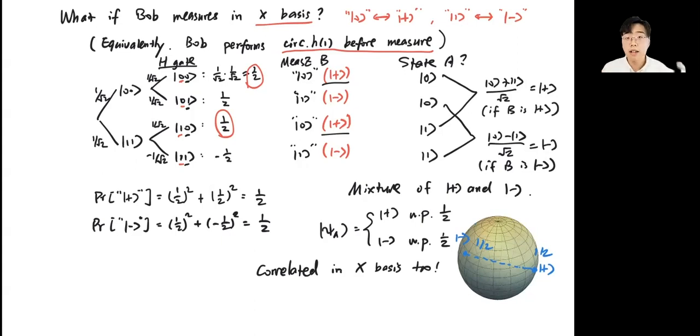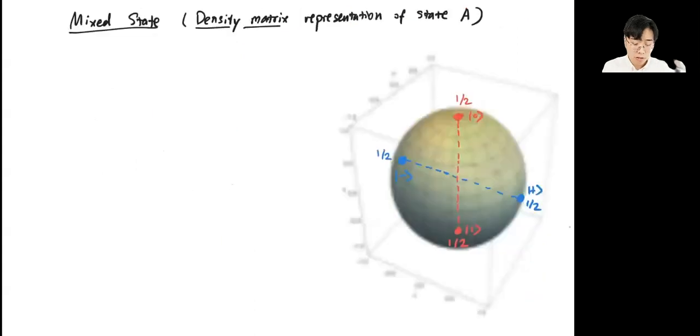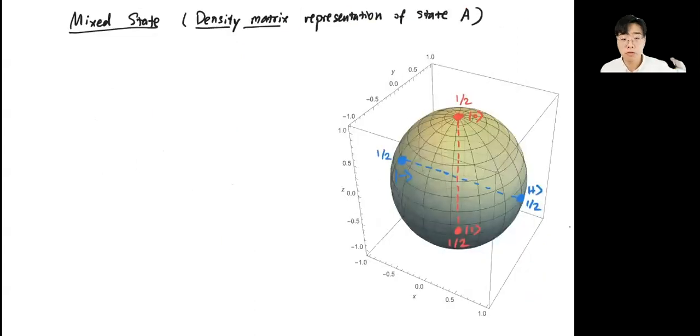In fact, they are correlated in an infinite number of bases. And this led us to use a more complete representation of a quantum state called the mixed state, or a density matrix representation of the